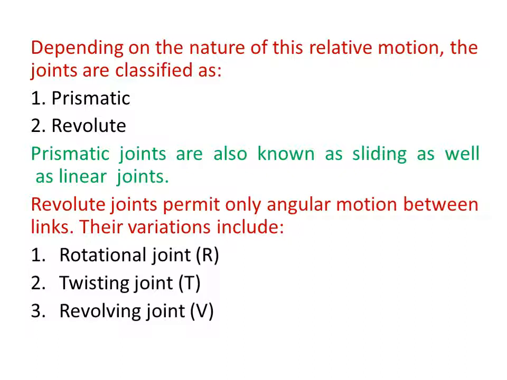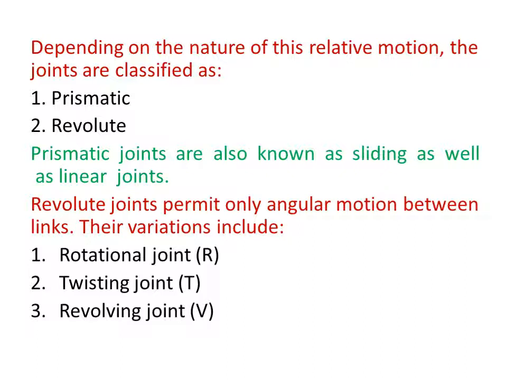I think you have already studied in theory of machines what is a prismatic joint and what is a revolute joint. But in the case of robotics, we should understand that these motions are very important so that you can solve the problem of kinematics. Now next is the revolute joint. Revolute joint permits only the